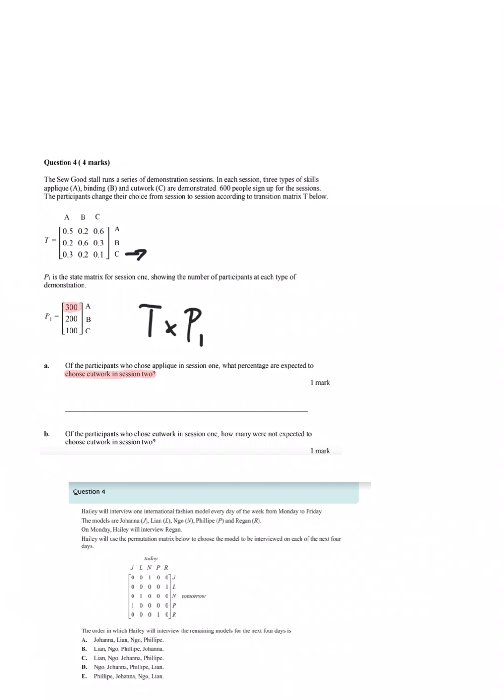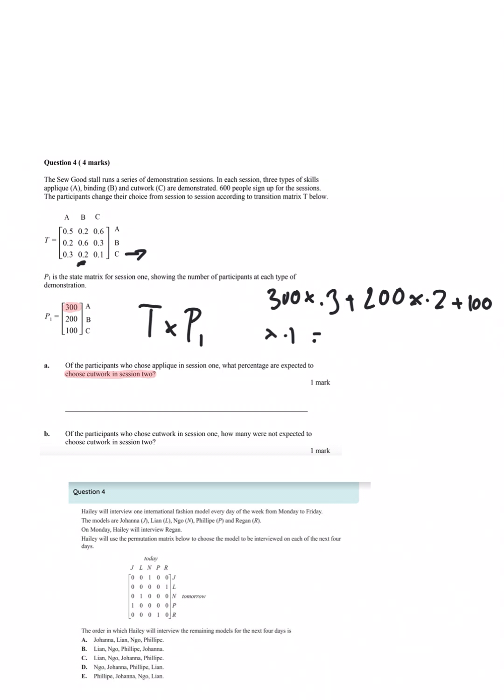So in terms of A, we've got 300 times the 0.3 plus B has 200 times the 0.2, so I'm just doing that value there, plus C, which has the 100 times 0.1. Okay, so just if you didn't want to do the transition matrix, same thing,